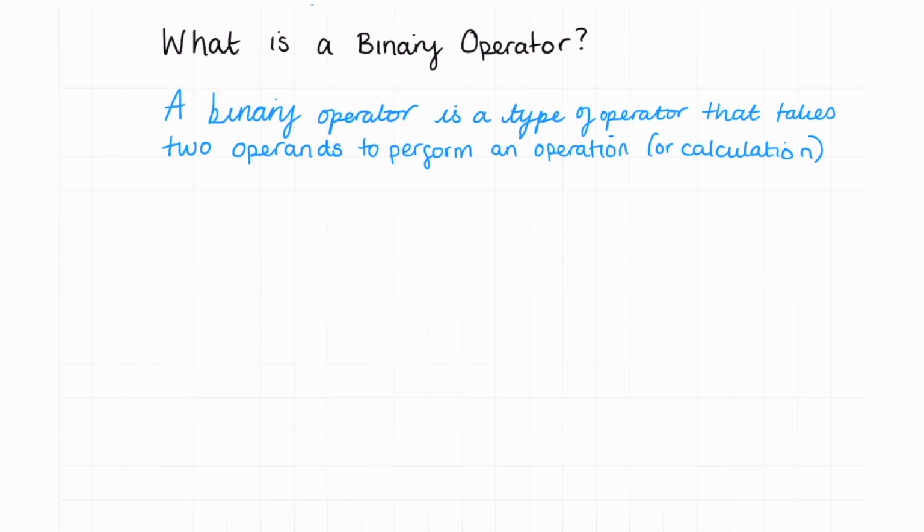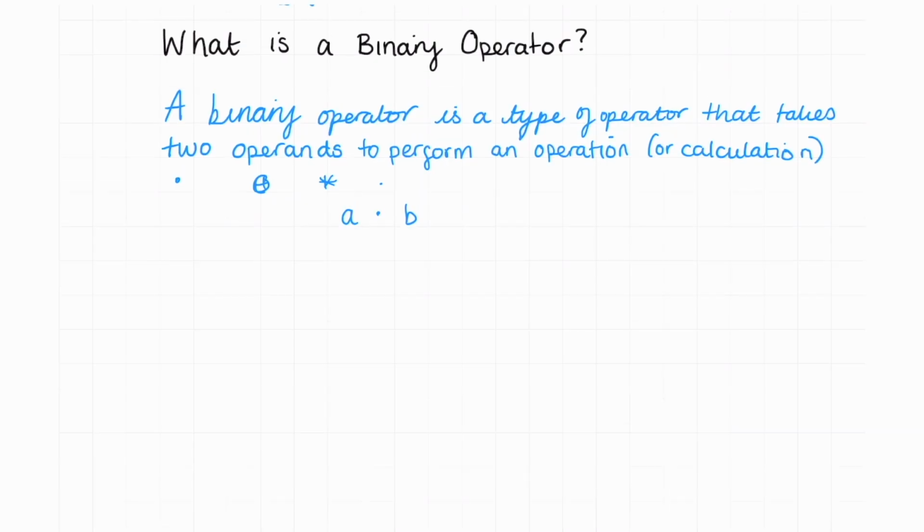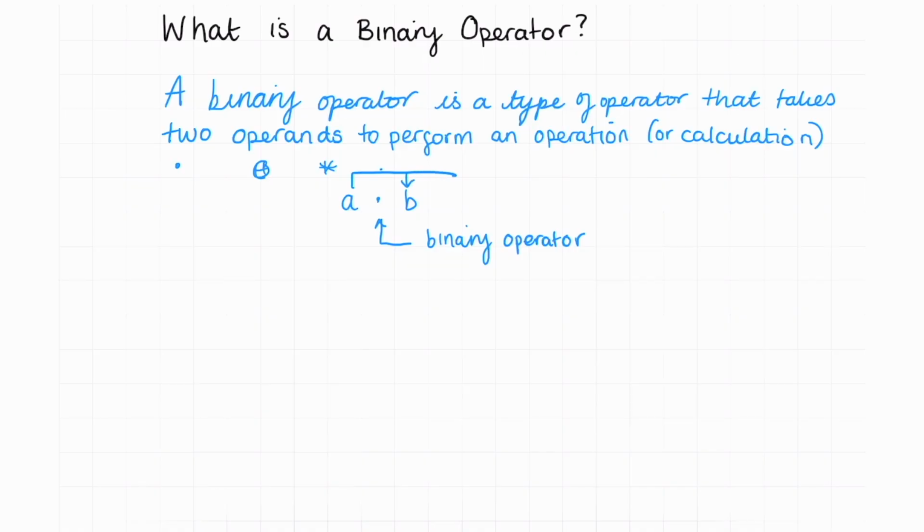Typically we denote the binary operator with a dot. It can also be other symbols like this one, or like a star, and lots of others, because it depends. Sometimes we use the star to denote multiplication, sometimes we use the dot to denote multiplication, sometimes this means addition. It varies, but often we do use the dot just to mean any arbitrary binary operator. We can show this definition mathematically by saying that the binary operator dot, or \cdot if you're in LaTeX, but central dot, is operating on the 2 operands A and B. If we label this, we can say that this is the binary operator, and A and B are the operands.